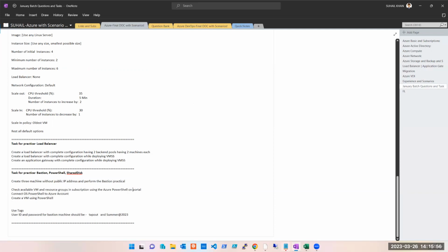Okay, so this was the homework. If this is not possible, it's okay. You can go ahead and do it from your OS PowerShell also. You can connect to your OS PowerShell and then check these details. But if you wanted to do this, what you had to do here, you had to come here,